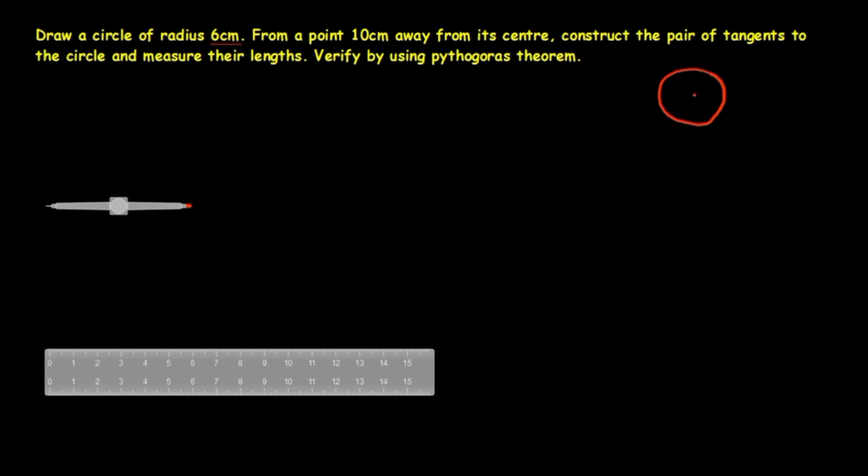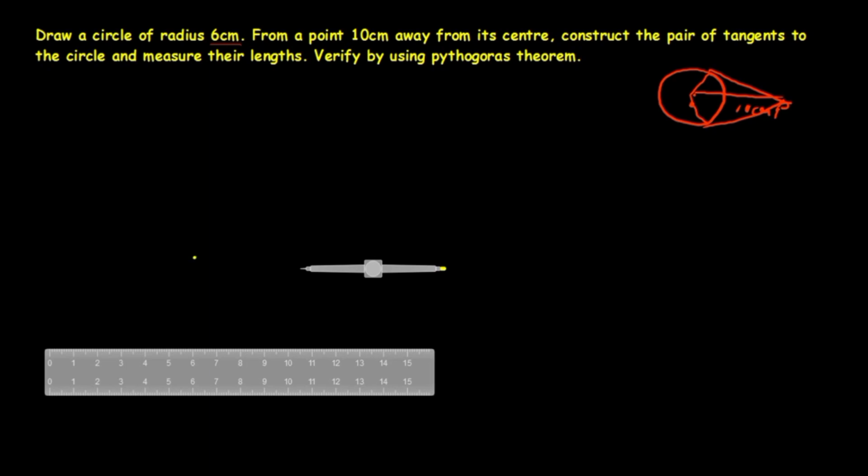and draw the tangents. So, O is the center of the circle and this is the point P, like OP. OP is given here as 10 centimeters. For this we should draw the two tangents. So this is completely a rough figure. The radius is 6 centimeters, so with the compass I am taking 6 centimeters.